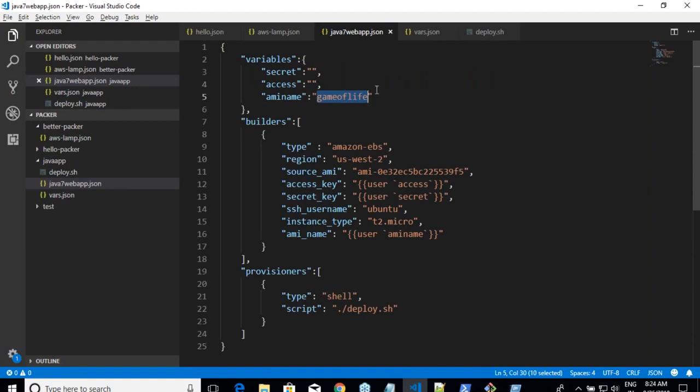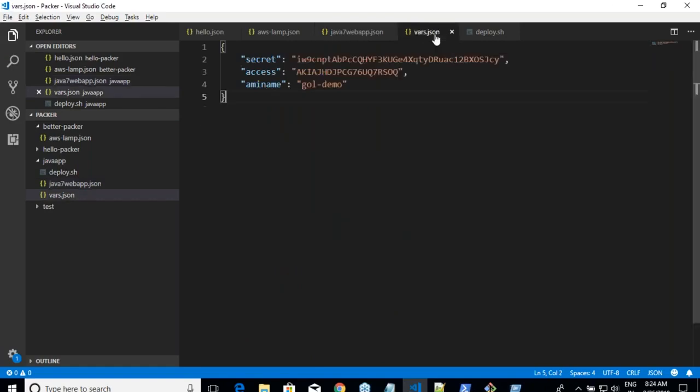The variable which you have written in the packer file is of least priority. The variable which you have written in the variable file is the next priority, you can call it a medium priority. And the value which you have passed with minus var is the high priority, which has a high weightage.